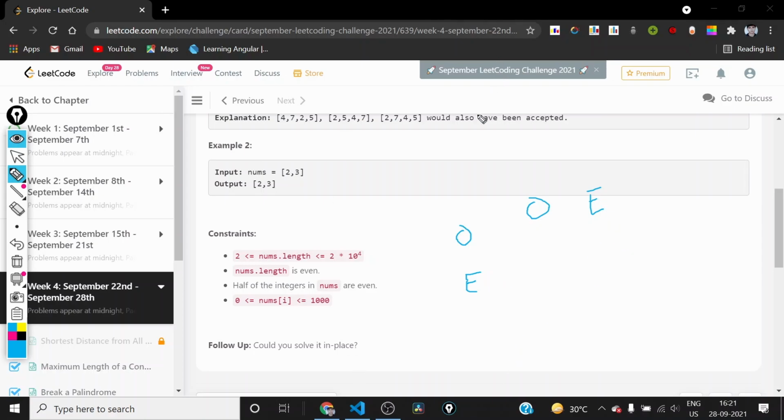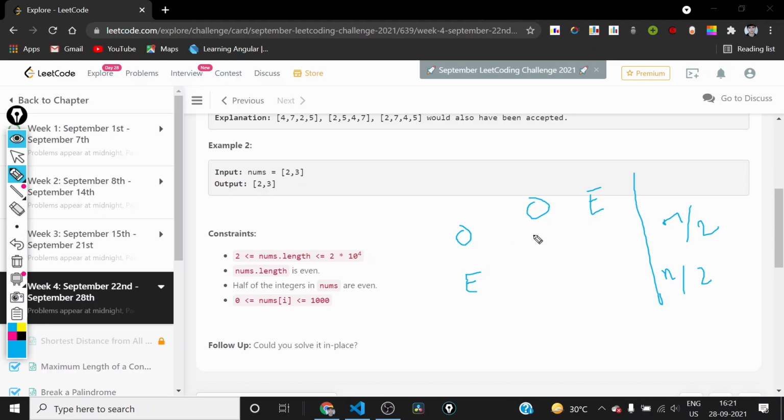So in the end, what we want is that all the even elements should be present at even indices and all the odd elements should be present at odd indices. So we know that there are a total of n by 2 even elements, right? And n by 2 odd elements.